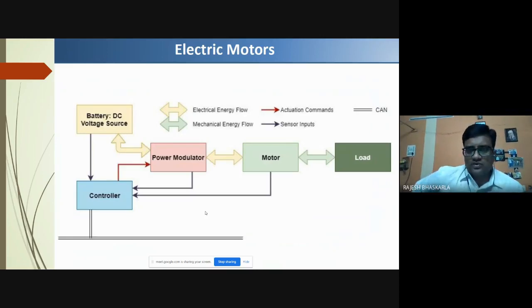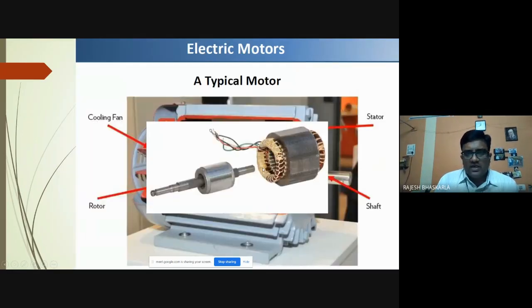Now we are going to discuss about the components briefly. So I'll tell you what is a power modulator, what is motor. We have already discussed this, but still we have to mostly know about the batteries, power modulator, and the motor. Okay. Now this is a simple motor. So basically, motor has two parts. One is called as the stator. Okay, magnetic field is mostly created here, or you can create the magnetic field here also. And this part is called as the rotor. So rotor rotates, and stator is stationary, but it provides the magnetic field. And here magnetic field is also induced in the rotor. So this is a basic motor configuration.